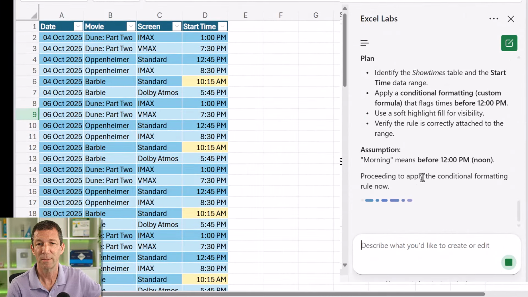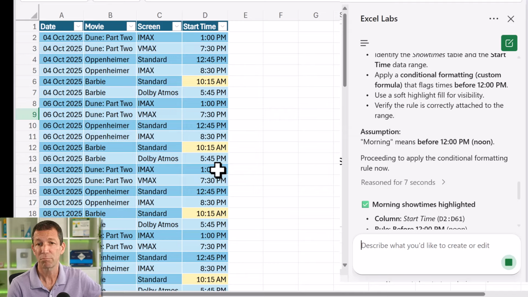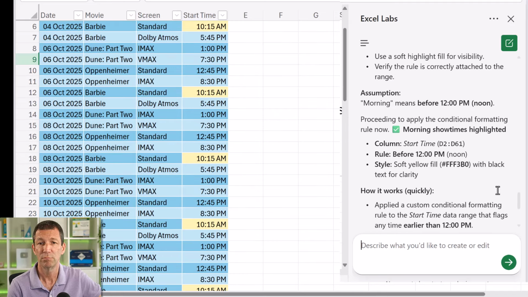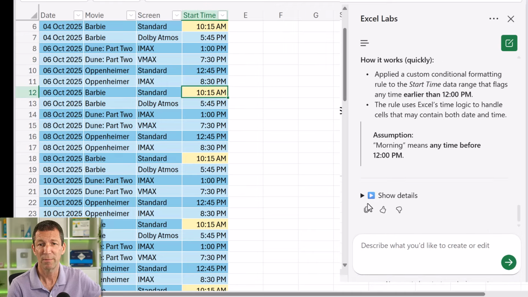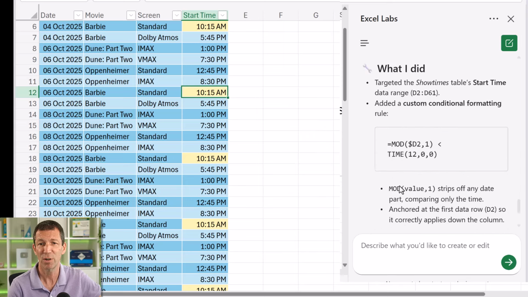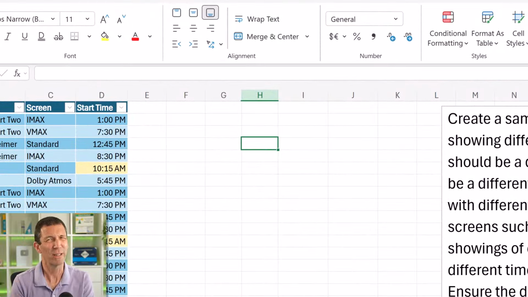Okay, let's see what it's doing. Morning assumption. Okay, I like it. Morning means before 12 p.m. noon. Yeah. Proceeding to apply conditional formatting. All right. Okay, that's pretty nice. I'm assuming, and you can go show details as well, understanding request, what I did. MOD D2. Okay, interesting. At this point, I stopped recording because I wasn't quite sure why it did the MOD,